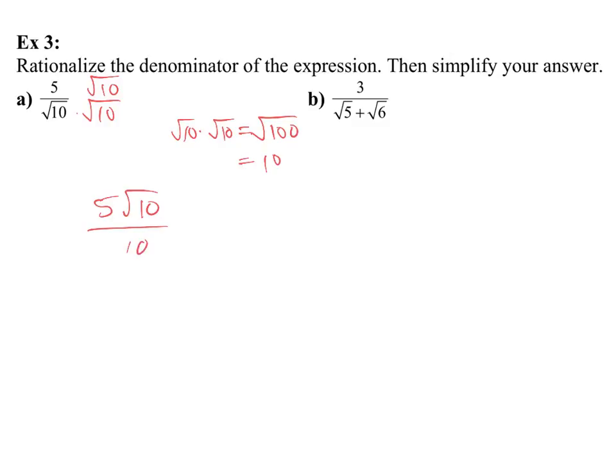All right, and then 5 goes into 5 once, 5 goes into 10 twice, so we end up with the square root of 10 over 2. And there's nothing else you could do there. For the next problem,